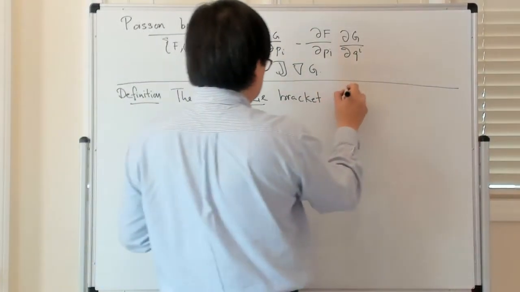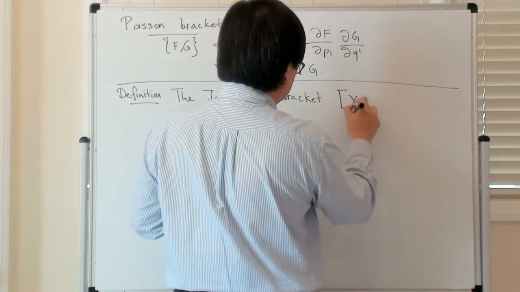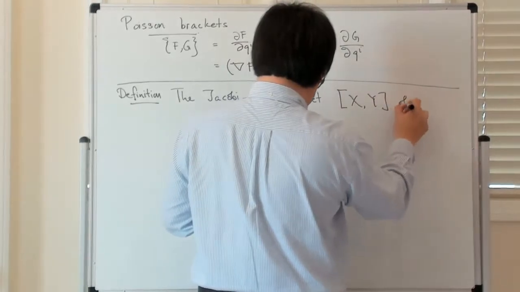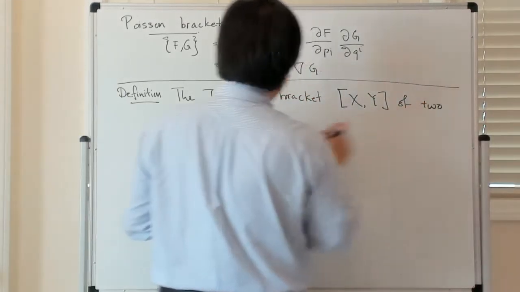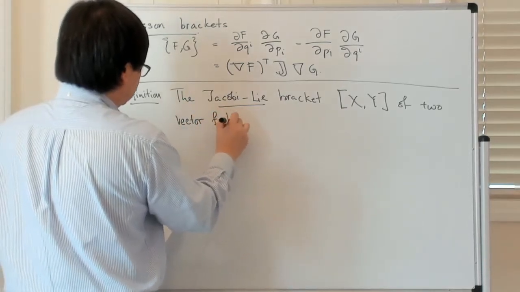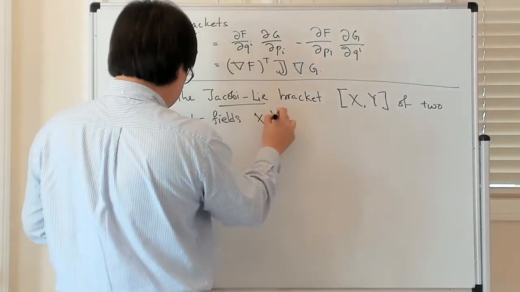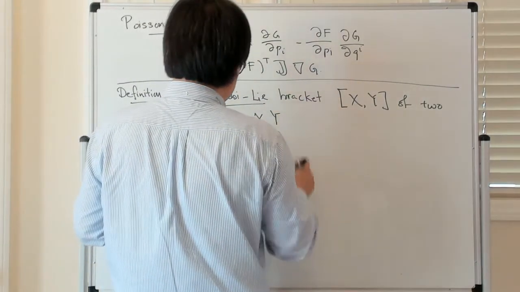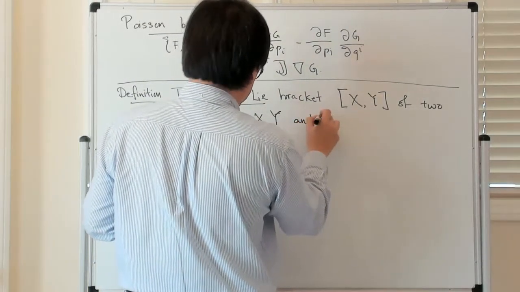Square brackets [X, Y] of two vector fields, let's say X and Y, and it is defined